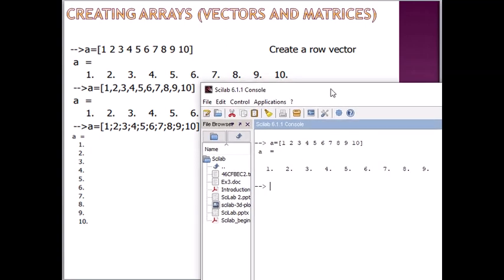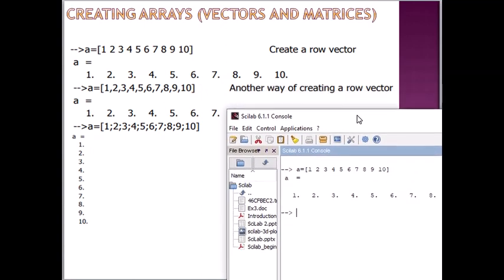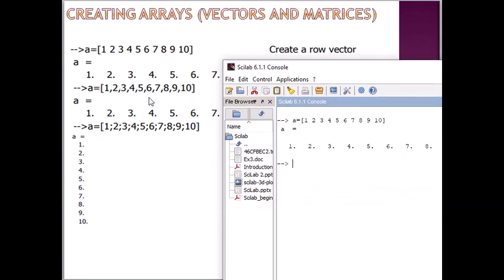If we need another way of creating the row vector, this is a different way to get the row vector. If we type a is equal to 1 comma 2 comma up to 10, then we get a similar row vector.